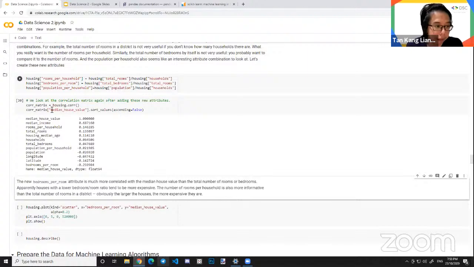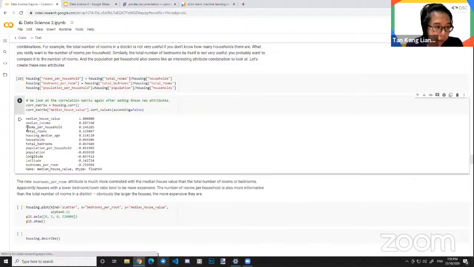So with these new values, we can see that rooms per household has shot up to 14% at 0.14, and it's actually above total rooms. So just by dividing this data by household, we can obtain greater correlation with our median house value. We can see that population per household remains the same. It doesn't really have any change compared to population. So we can sort of assume that these two data might not be that important to us in our model